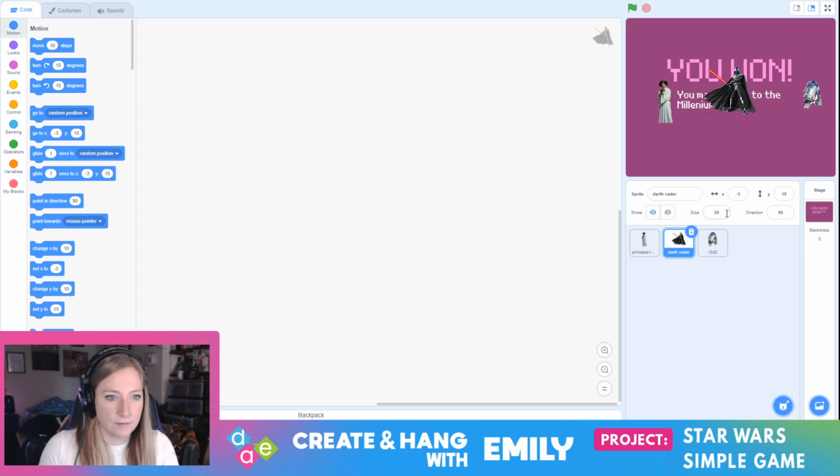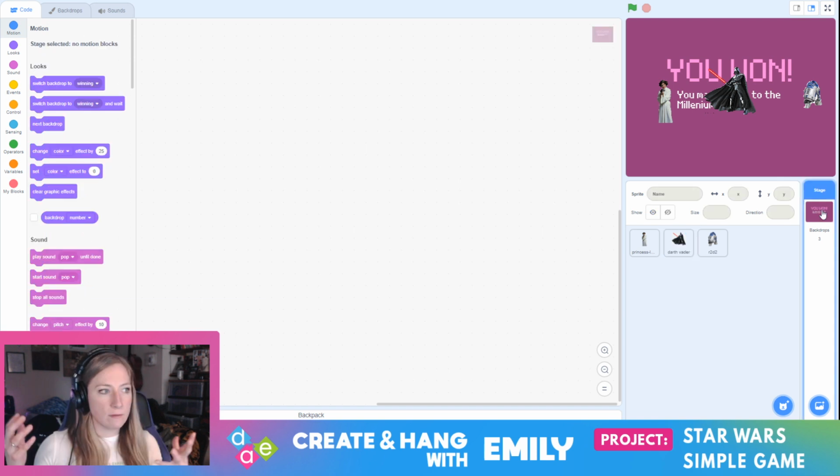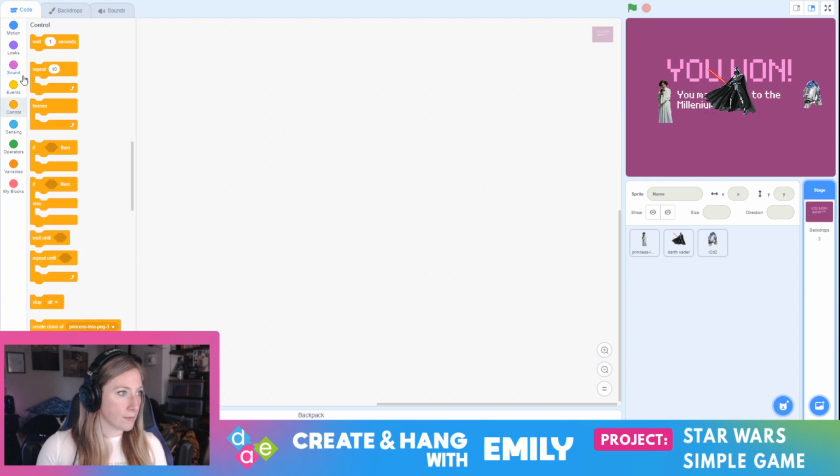All right, so first things first, I have to ask myself, what backdrop do I want to be on when the game starts? And anything that's universal in the game, like the backdrops changing, if it's not the character that's triggering that backdrop change, I like to keep everything organized within the backdrop itself, which can be programmed. So I'm just going to say on